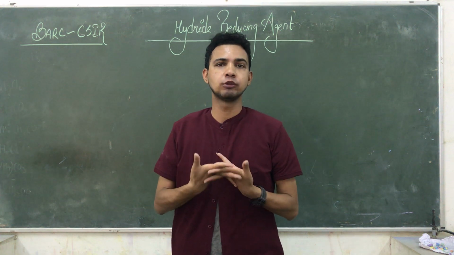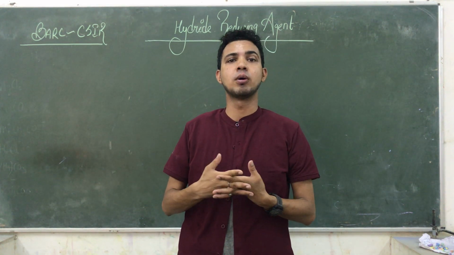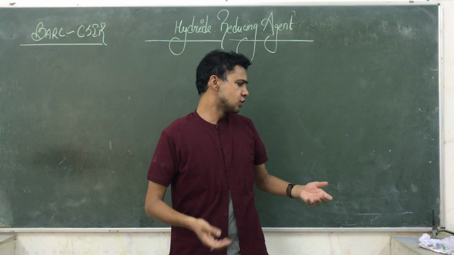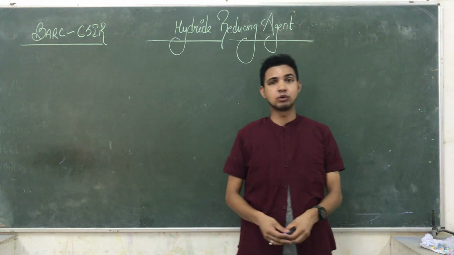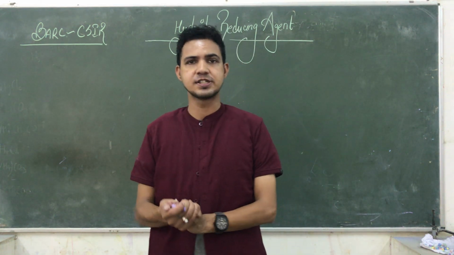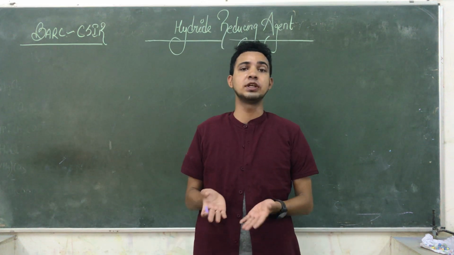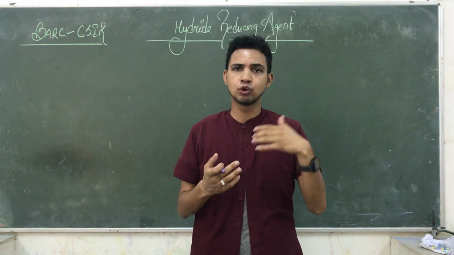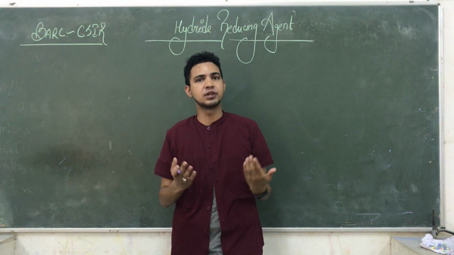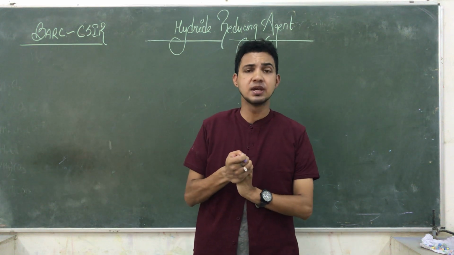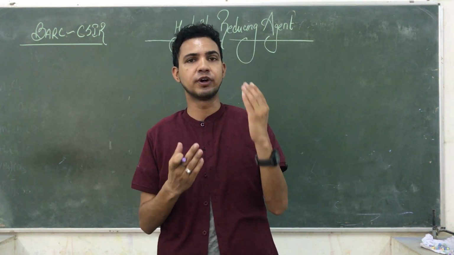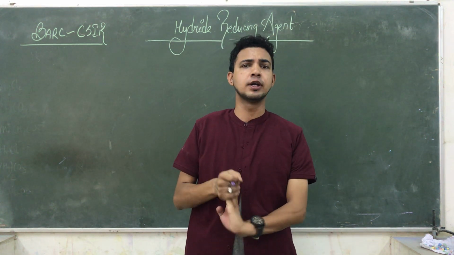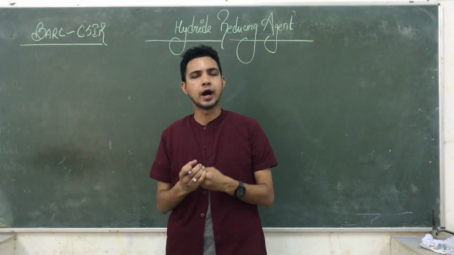They are also related to hydrogen, but here the hydrogen is available in the form of a negative charge species, or as a nucleophile, which is known as the hydrides. I hope you know this very well. These hydride agents are helpful for the reduction of different kinds of functional groups, or we say double bonds and triple bonds. We are going to discuss the different hydride reducing agents one by one. But today we are taking only one reducing agent. Before that, I am giving you a brief introduction to the hydrides.